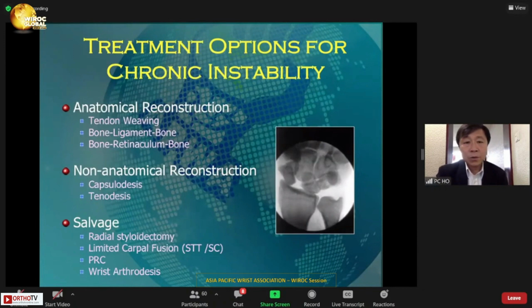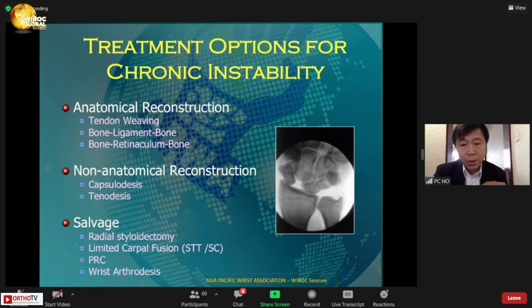So we talk about the reconstruction options. Multiple techniques have been developed over the years. We can grossly divide them into anatomic reconstruction, which tries to reconstruct those ligaments that contribute to the stability of the scapholunate joint, or the non-anatomic reconstructions, such as some of the capsulodesis or tenodesis, which try to restrict the flexion and the pronation deformity of the scaphoid